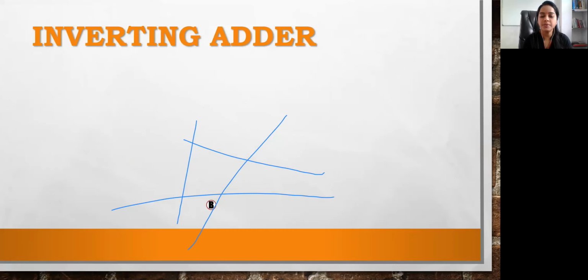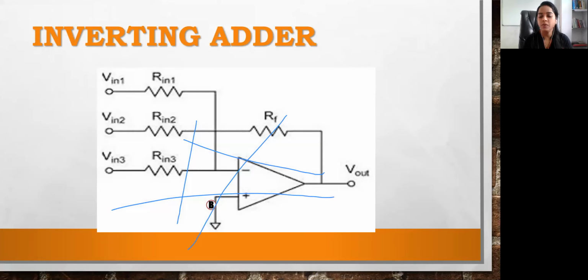So first we will have the inverting adder. How are we going to design an inverting adder? Just remember this circuit, students. Once you remember the circuit, you will have the equations in your mind, so it will not be very difficult to remember the equation. First of all, you draw the circuit, how the adder will look. So it is the adder in inverting mode.